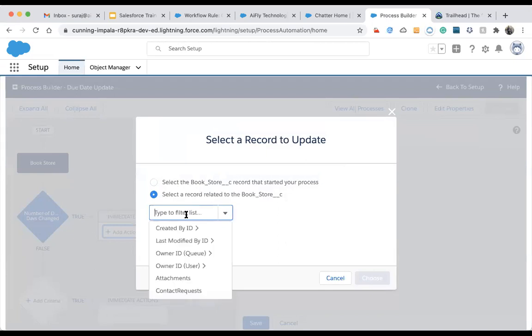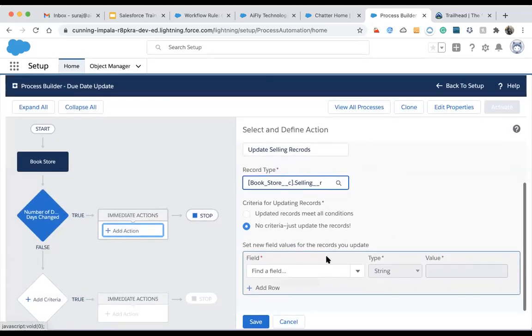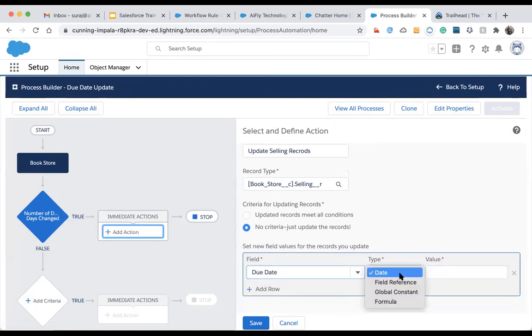So let's first make changes, and we have selling. I choose that and come up here. Then I can see all the fields that are available in the selling showing up here. I will choose the due date and date. I need to add today plus.